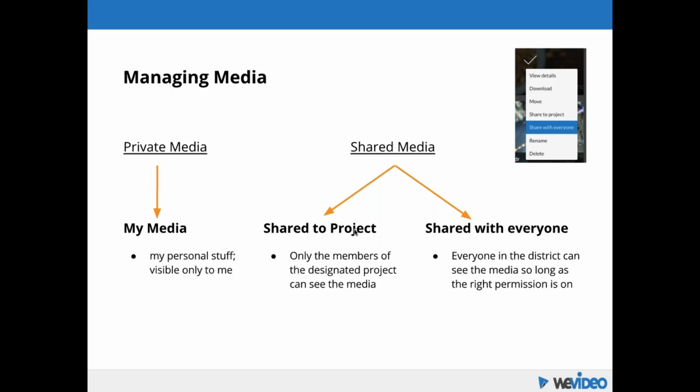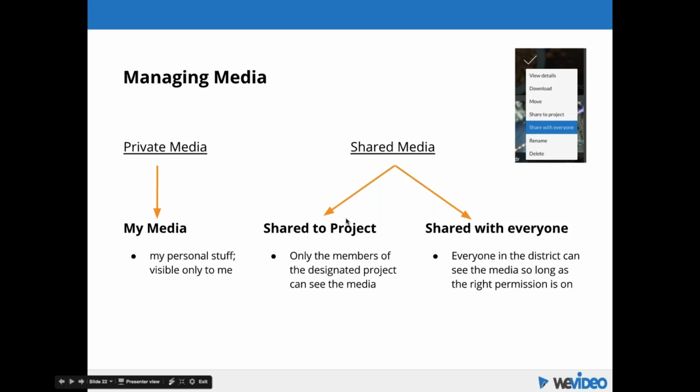And there's an important distinction here, which educators often miss. Shared to everyone is a global district level folder. So this is perfect if you have stock photos and videos that you want to distribute to the entire district, so anyone who's logging in for the first time can immediately access those photos and videos and start building their story.